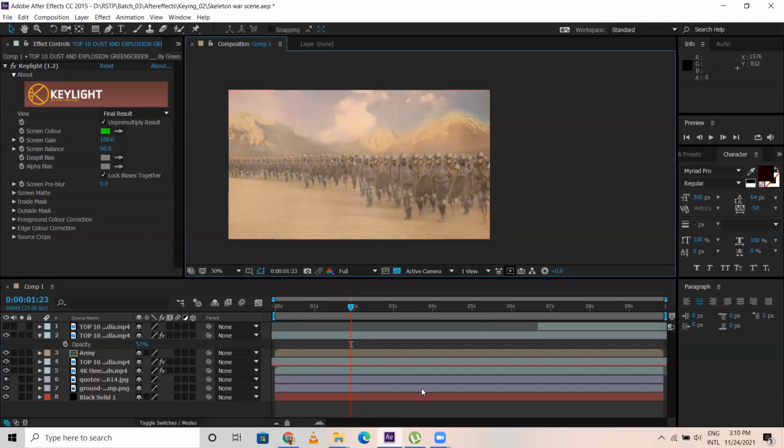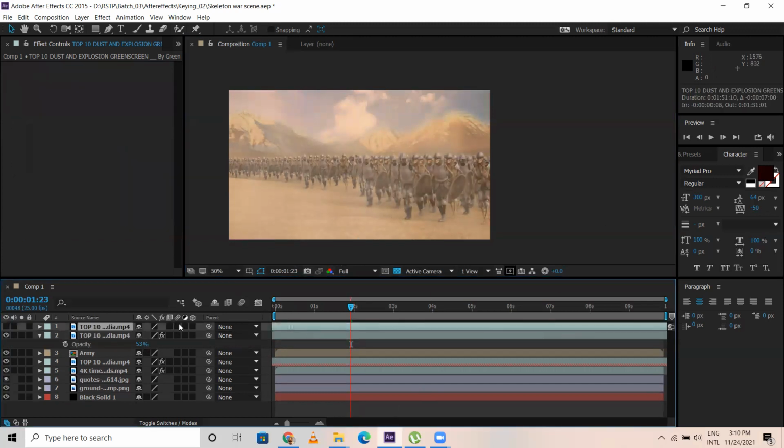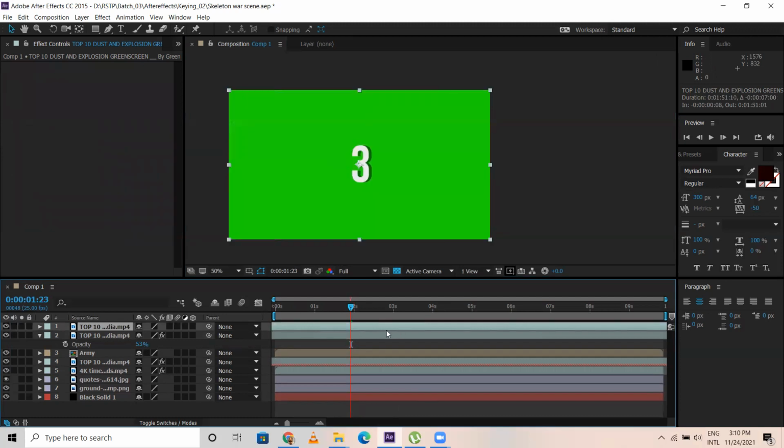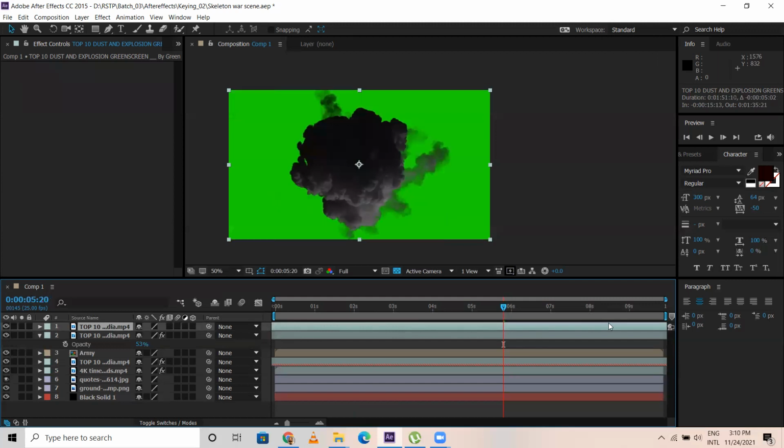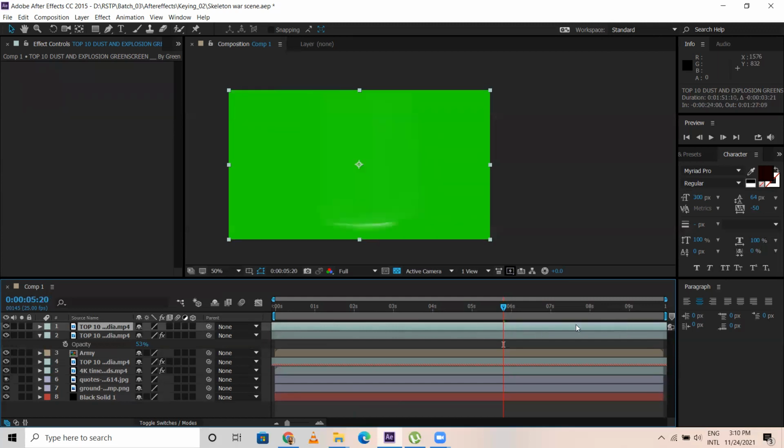Okay. Now coming to the top one, which I had one more. I would like to see if anything else is there. Not this. I had a good sort of smoke and fire. Not this one.